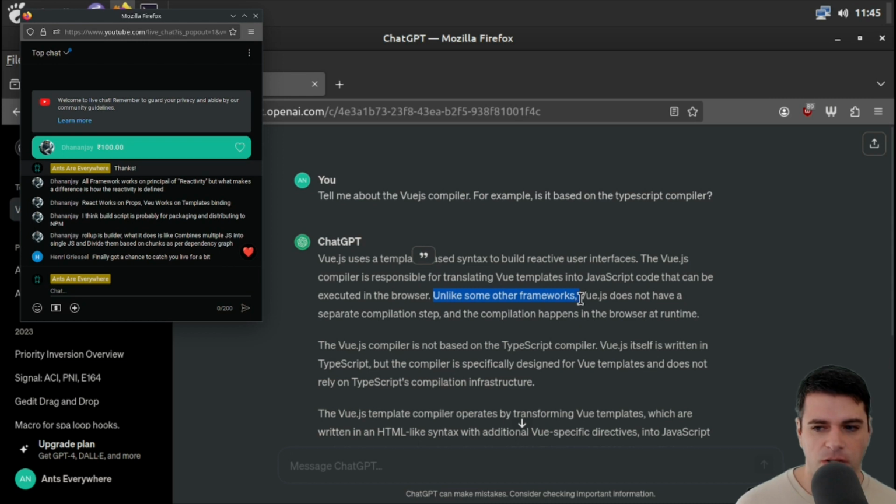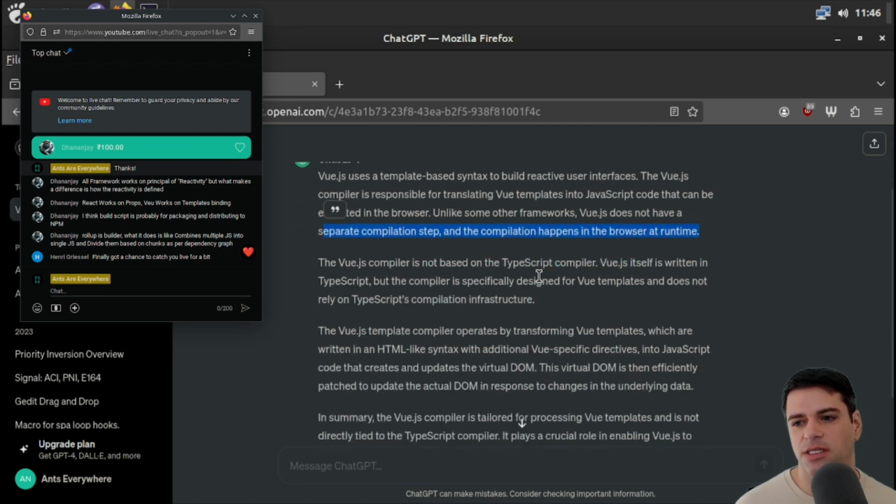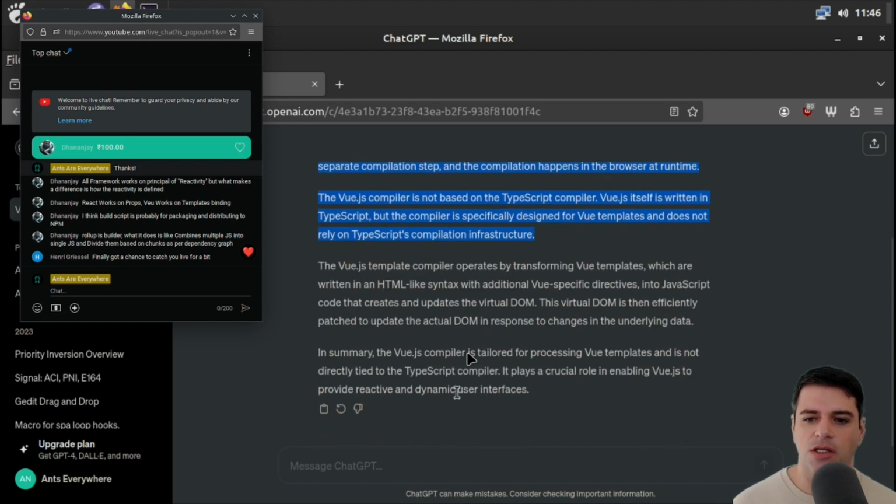Unlike some other frameworks, Vue.js does not have a separate compilation step, and the compilation happens in the browser at runtime. Okay, so kind of like just-in-time compilation, but maybe it's more like translation. It's not based on the TypeScript compiler. It's itself written in TypeScript, but the compiler is specifically designed for Vue templates. Okay, so that's maybe not as fascinating as it could be, but I will ask,